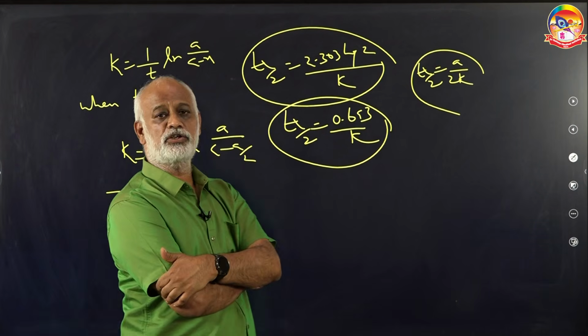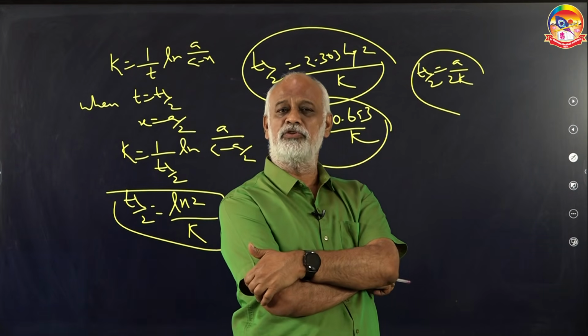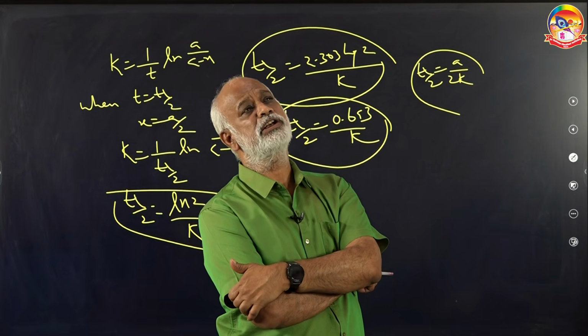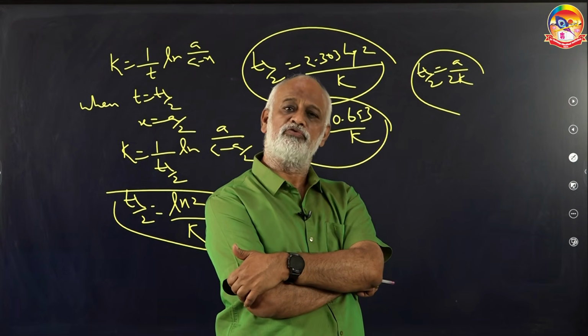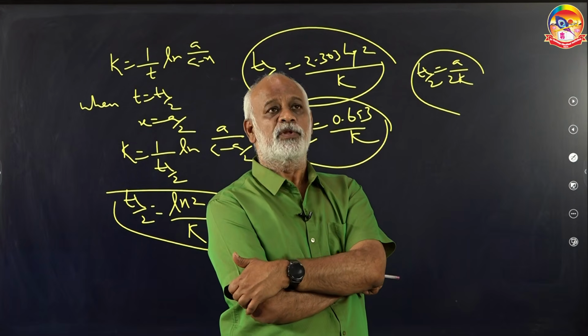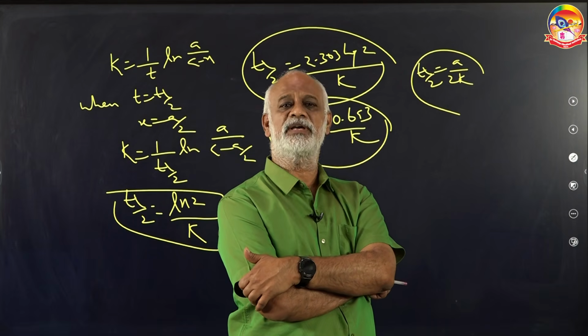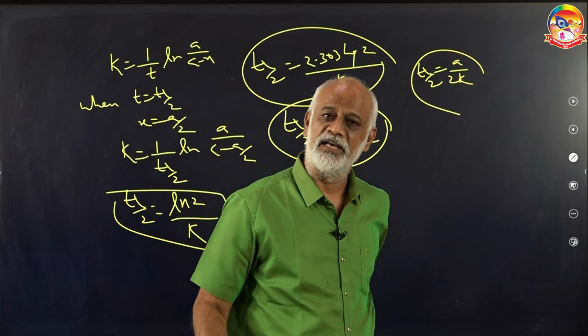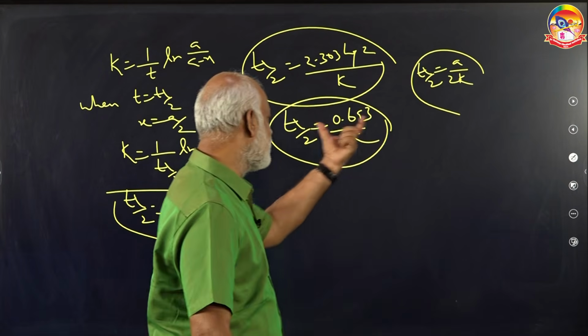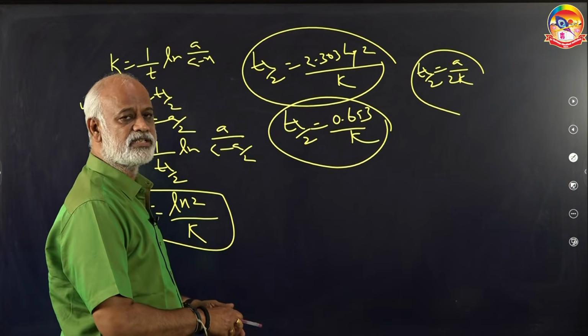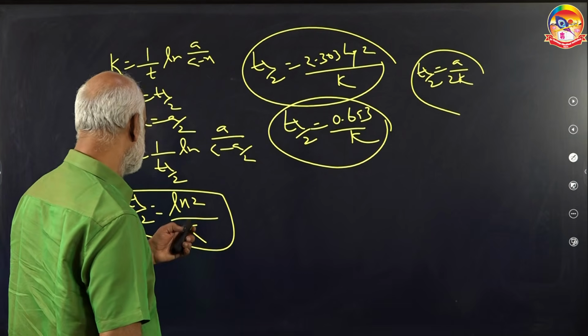Instead, 100 to 50 takes 10 minutes, 50 to 25 takes 5 minutes. Oh, when the initial concentration becomes half, the half-life also becomes half. Oh, it is a zero order reaction. Like that, t half plays a vital role. That also we will see in the form of numericals. Then coming to the